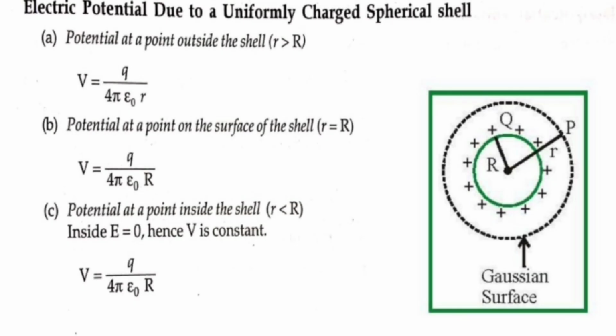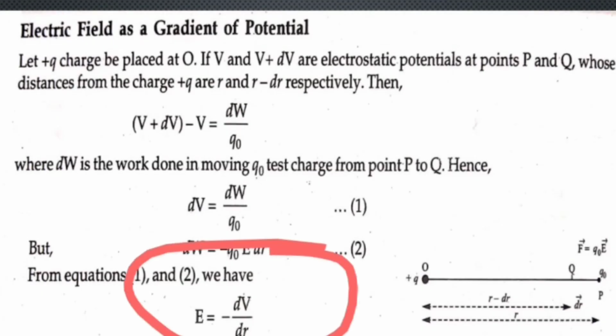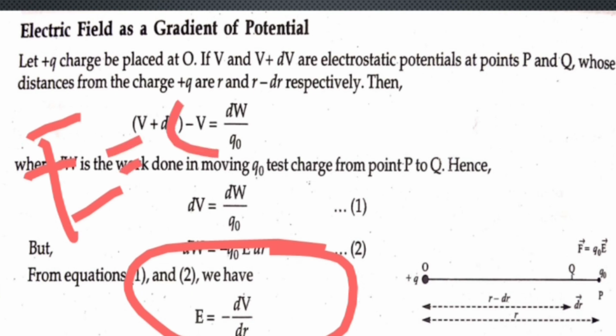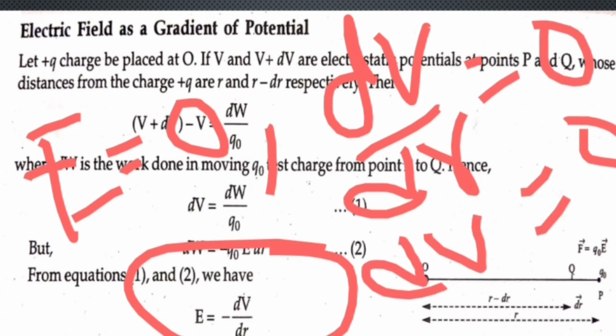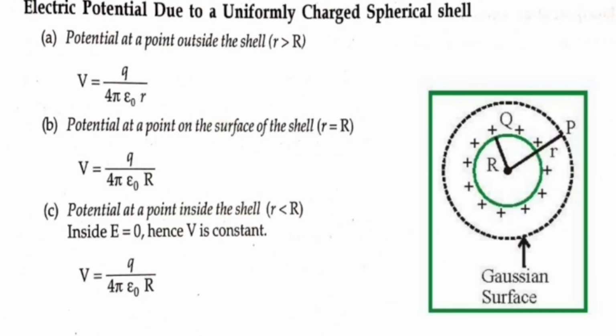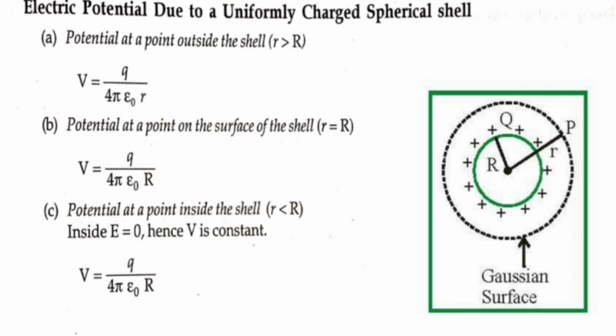Now come again to the previous slide. You know the value of this. Now here I am putting the value E equals 0. If E equals 0, then dV by dr will equal 0. Then dV equals 0, then what will be the value? It will be constant, no? So which constant will we take? The constant potential which is already lying at the surface, right? So this will be your form. Hopefully you have understood up to this.